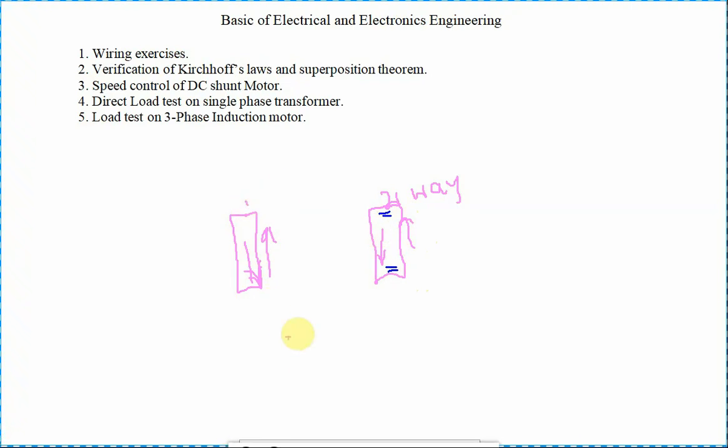Let's look at the back view. This is the back view. There are two points where you insert the wire. What about here? There are three points represented. This is the differentiation between a one-way switch and a two-way switch. The front view is the same, on and off, but in the back view there are two points here and three points here.